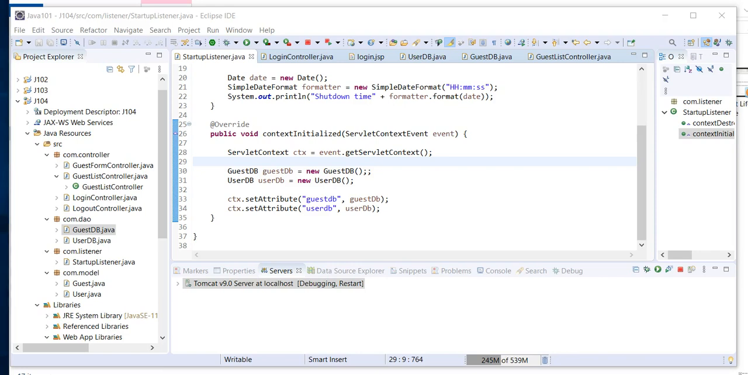So in the last tutorial I talked about how I have initialized two lists. One is the guest list, which is empty, and the other one is the user list, which has two hard-coded values in it. And then I have used the setAttribute method to save those lists for later use. So one is named guestDB, which has the guestDB list, and the other one is named userDB,